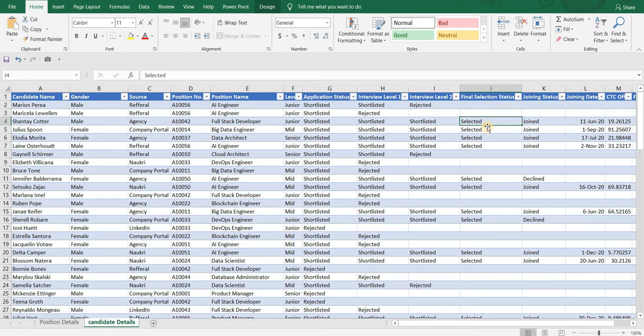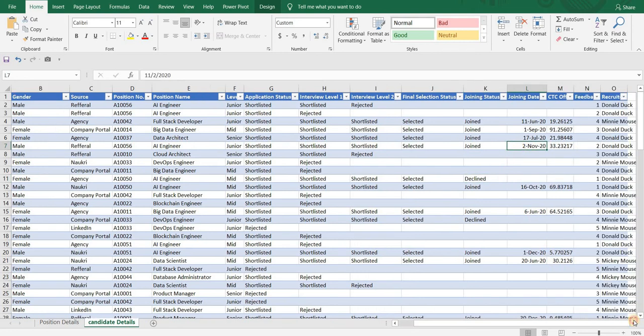We are making an assumption. If the final selection status was selected, the candidate was offered. Next, joining status, whether the candidate joined or declined the offer. If the candidate joined, what was the joining date?